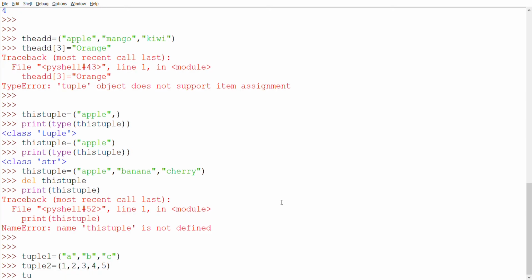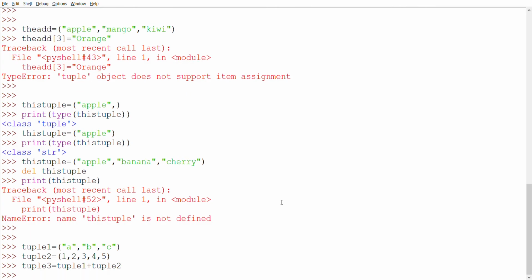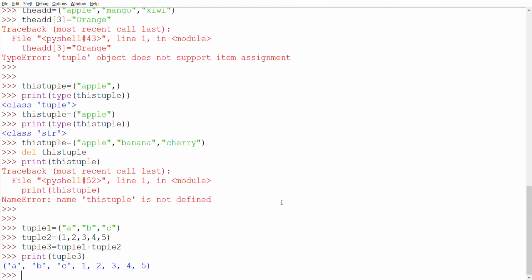Now tuple 3 equal to tuple 1 plus tuple 2. Now print tuple 3. Okay, we are joining two tuples: A, B, C, 1, 2, 3, 4, 5.